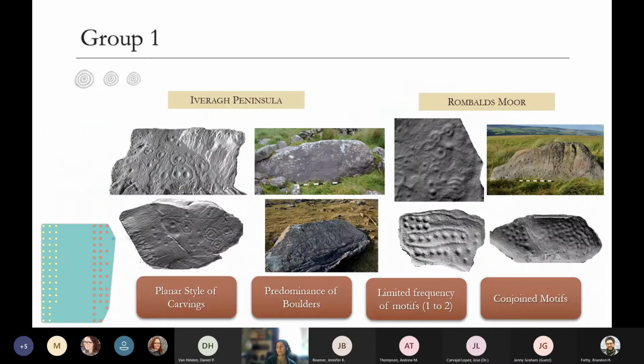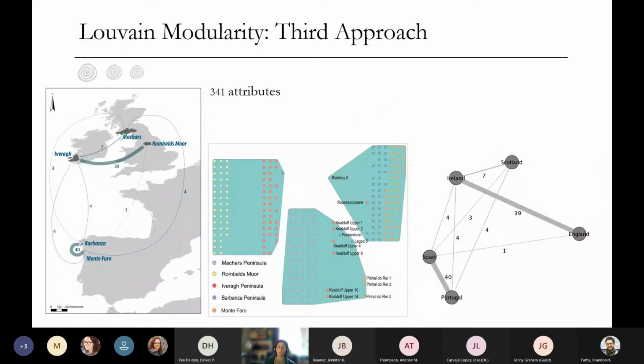But in the end, I had some really interesting results with the social network analysis, because essentially it kind of confirmed the hypotheses, because I used this algorithm that would essentially investigate or consider the relationships, or the stronger relationships, between every site, and essentially it came up with these three groups, these three communities, and you can see